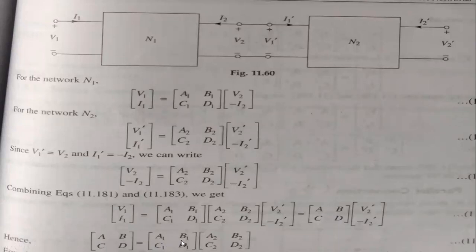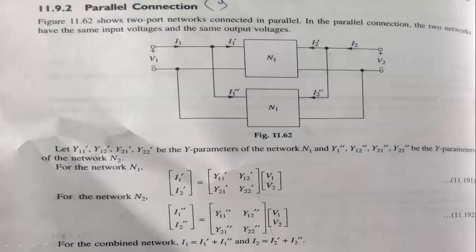So the first network, that is in the form of network 1 here, you can treat as A1 B1 C1 D1. Similarly, the combination of this network 1 and the network 2 is nothing but my ultimate final source, that is nothing but one network. Okay, so see here ABCD is nothing but the A1 B1 C1 D1. Similarly A2 B2 C2. Because let us go for the next one, that is nothing but the parallel connection.